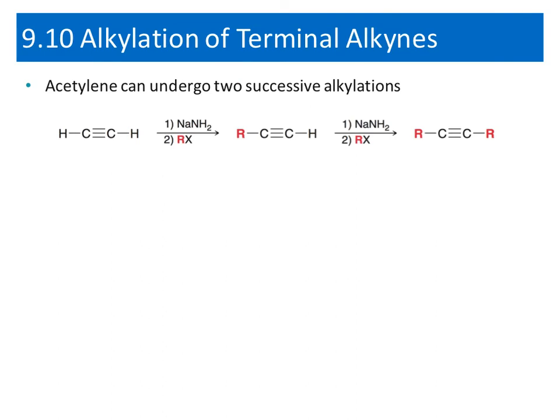Now we can also install two different alkyl groups if the starting material is acetylene. So we talked about it before. Acetylene is the smallest alkyne and it has two acidic protons. So basically this reaction can happen 2 times on acetylene. So if you look at the specific example here,